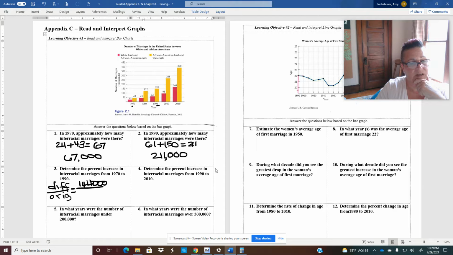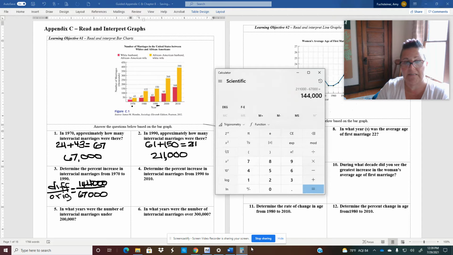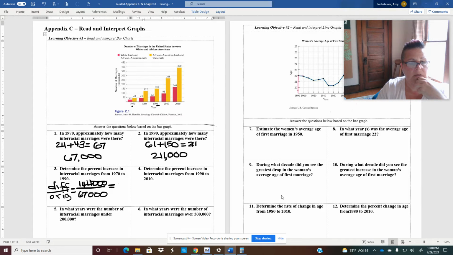Which we need to divide by the original amount. Now, we have 2 amounts. We have the amount from 1970 and the amount from 1990, right? We want the original. The original would be the first one in time. So that would be 1970, and that amount was 67K. So we want to take 144K, and we want to divide that by 67. So I'm just going to hit divide by, and then 67. And that's going to give me a 2.149,